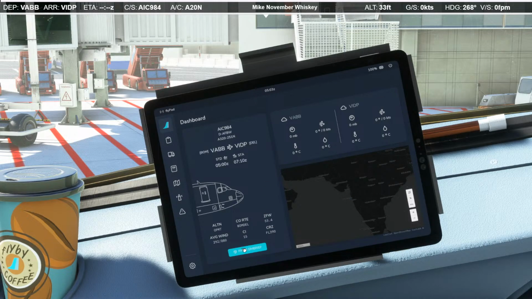And get our plan from SimBrief. Mumbai to Delhi, that looks correct. Let's record our ATIS information down now. So here we have our QNH of 1015. Wind is 040 at 7 knots. Temperature is 25 degrees, quite warm, and dew point is 16 degrees.